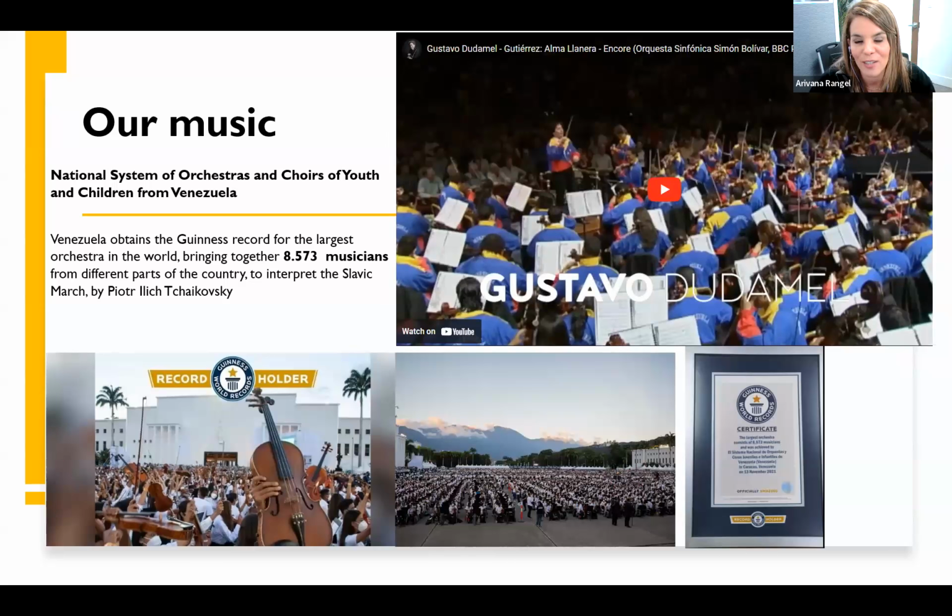And to finish, here's a sample of our music. We have the honor to have in Venezuela the national system of orchestras and choirs of youth and children. And in 2021, we received the Guinness record for having the largest orchestra in the world, bringing together almost 9,000 musicians. They were kids and teenagers playing different instruments, from typical instruments to classical instruments,